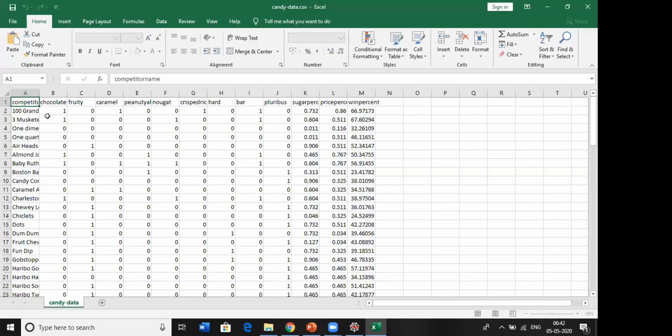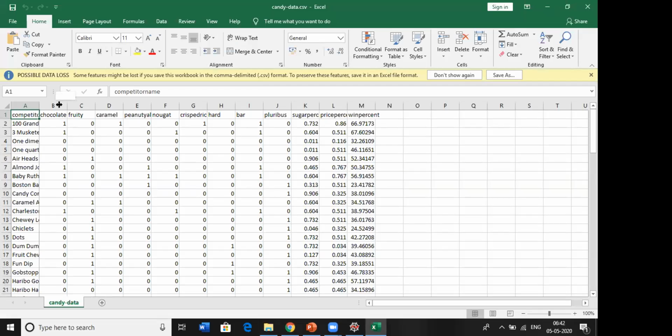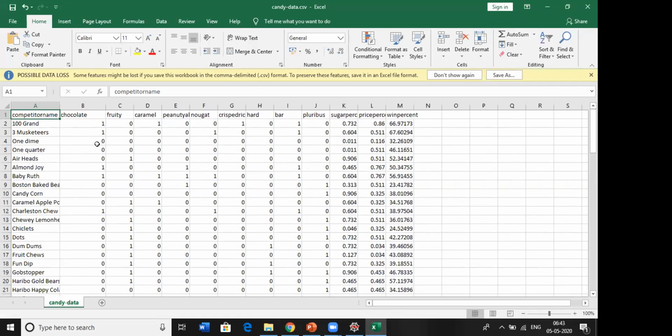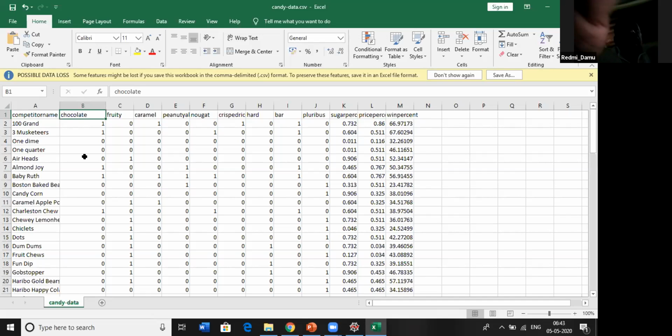So this is our data. This is what we are going to predict: true or false, 0 or 1, and all the other features are given. The competitor name you can ignore, because it has string type data. We will take all the other columns as our independent variables, and we will take this column as the dependent variable.